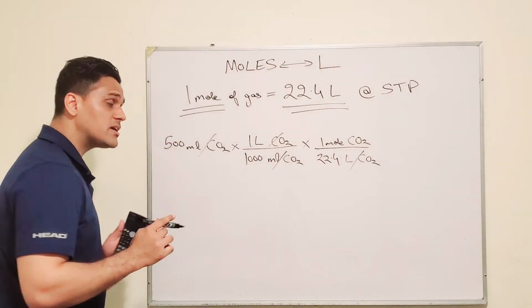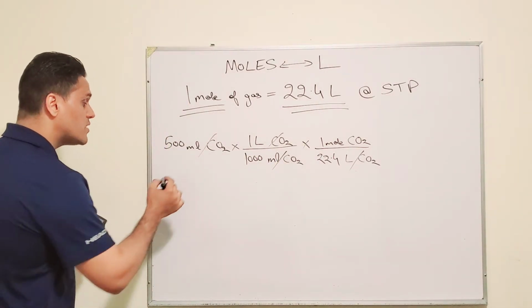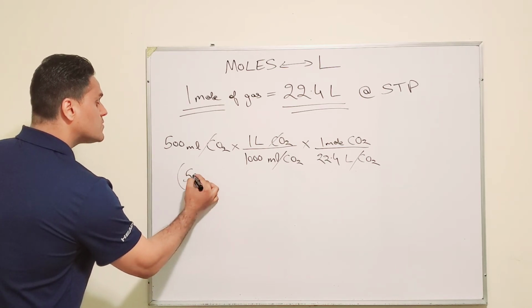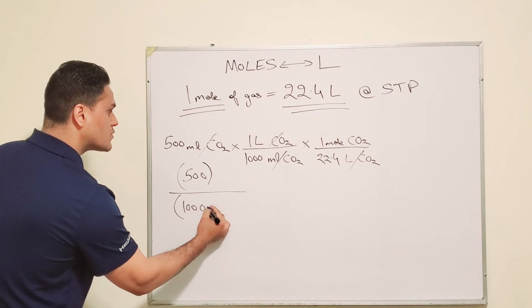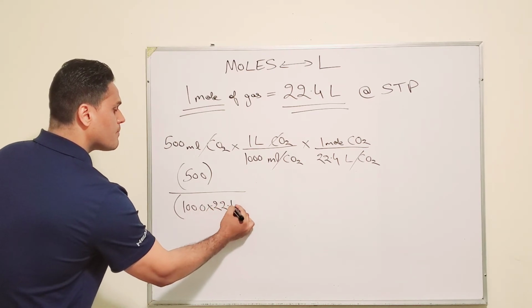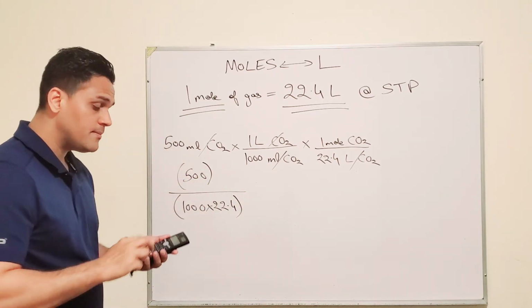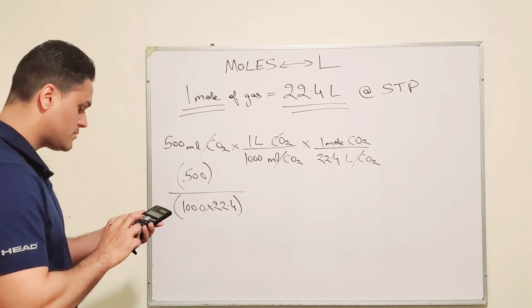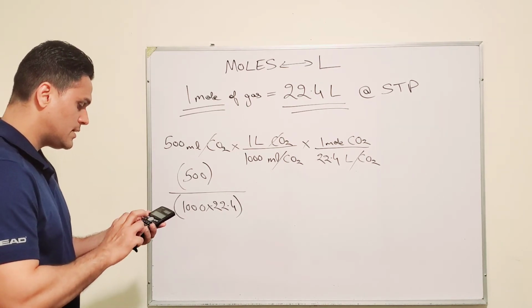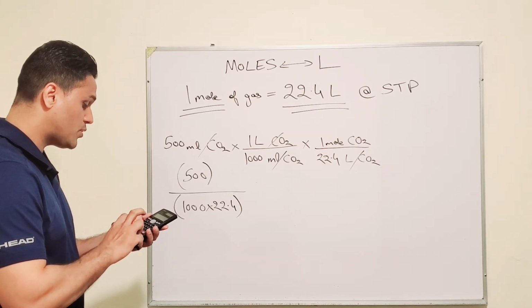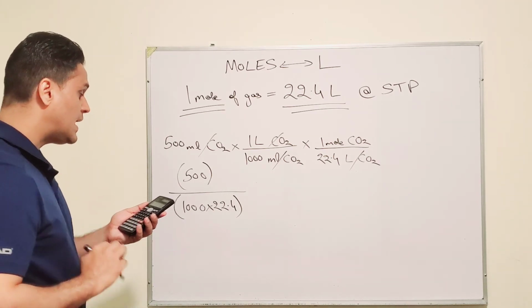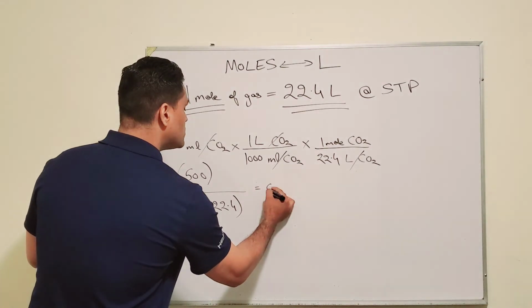Now you need to be very careful while you're punching it in your calculator. Make sure you put brackets. And you punch it in like this, folks. Brackets are your best friends, okay? So, bracket 500 divided by 1000 times 22.4, close the bracket, and that gives you 0.022